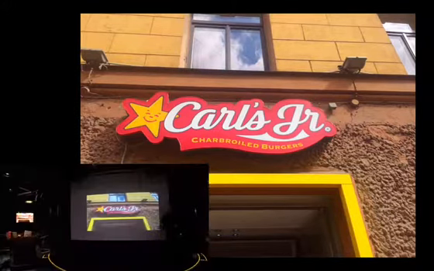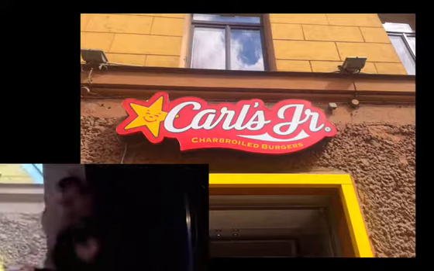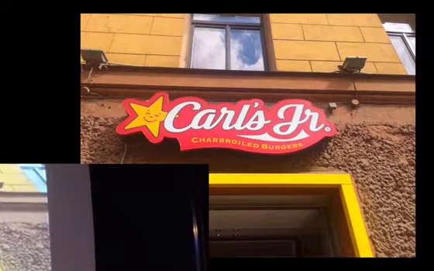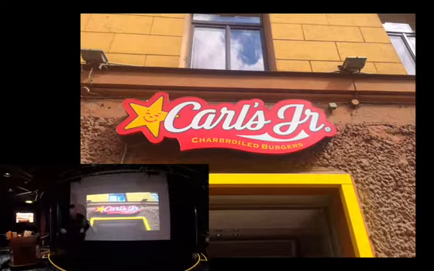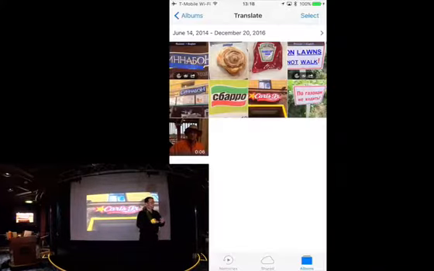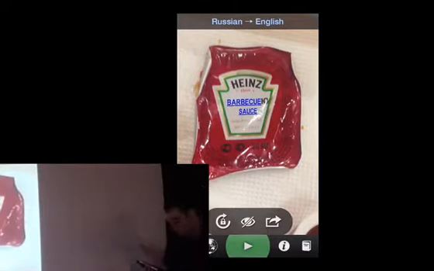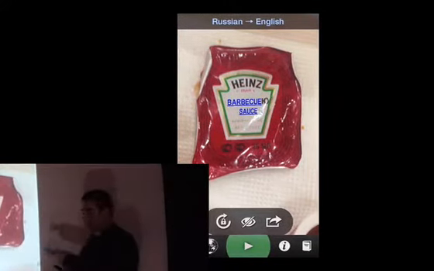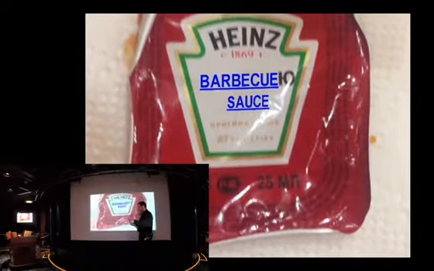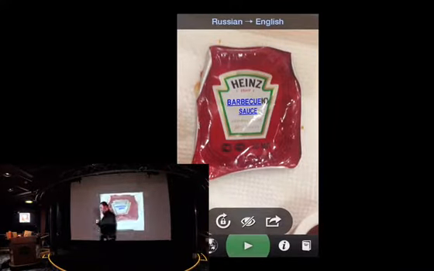And I'm in Carl's Jr. in the Nevsky Prospect, I order some chicken nuggets, and I say, I want barbecue sauce with my chicken nuggets. I have a very, very strong aversion to ketchup. So I was like, I want barbecue sauce with my chicken nuggets. They give me this thing back, and the only English word on it is Heinz. I don't know what that was. Ketchup. So I used this app. I pointed it right at the thing, and guess what it translated it to? Barbecue sauce. I'm going to show you how this app works live in a minute.